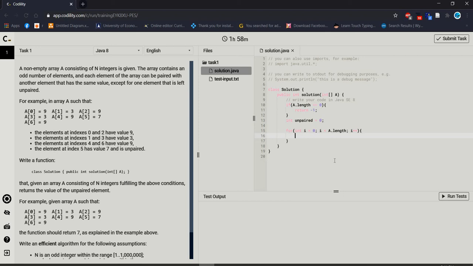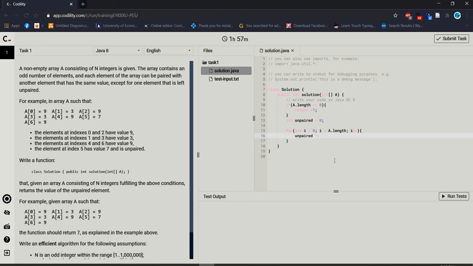So now I am using the XOR method because the XOR method will help to get the actual result. Otherwise, sometimes it can overflow. The XOR method will help to find the single value.